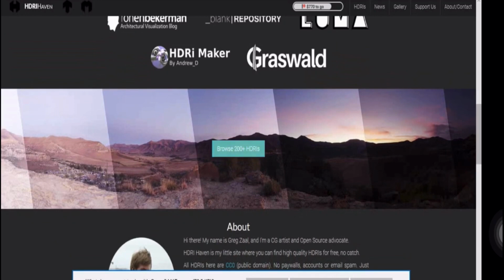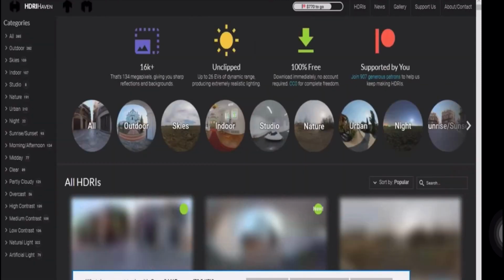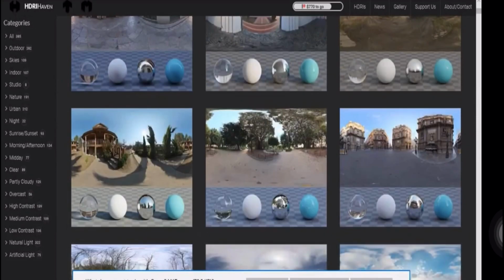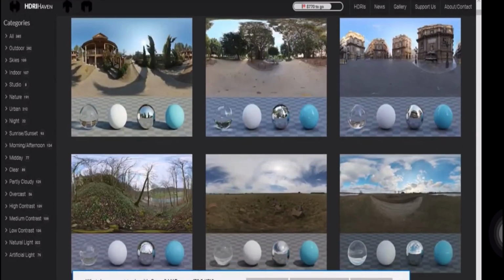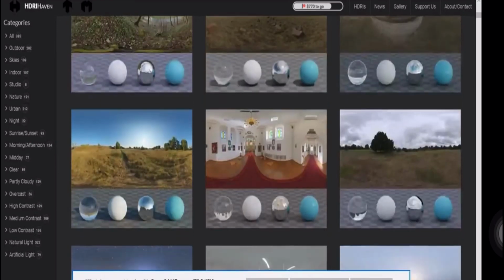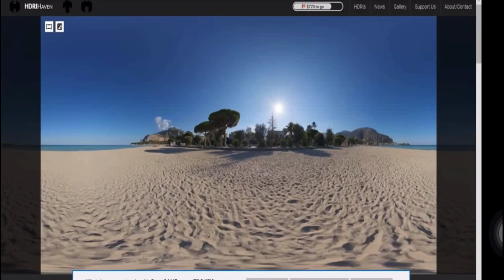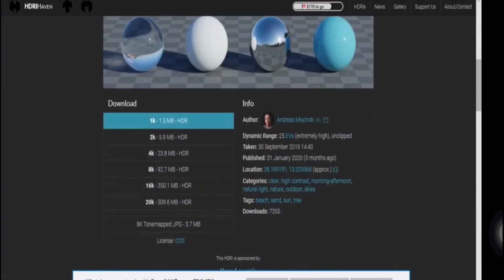So for this GFX, I'm going to use a HDRI. You go to hdrihaven.com and you browse their free HDRIs until you find one that you would like to choose. I wanted my character to be on a beach for some reason. I just thought of that, so I just found this nice beach one here and I decided to click on it. And then you scroll down and you should be able to see a download link,